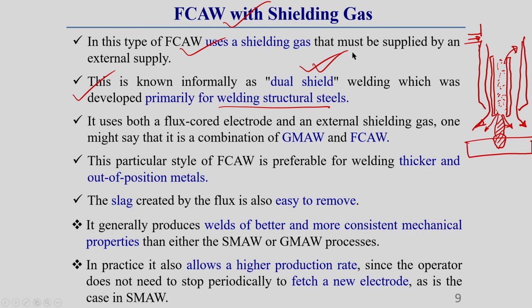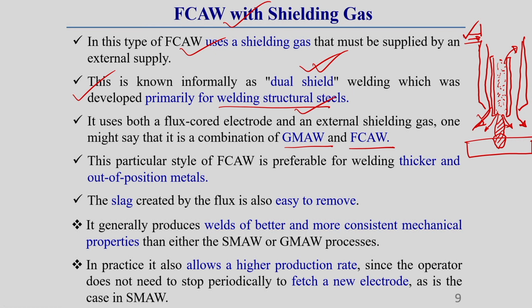What are these two different gases? One is the additional shielding gas from the cylinder, and another is the gas developed due to burning of the internal ingredients. As additional shielding gas is used, this welding process is sometimes termed a combination of the GMAW process and the flux core arc welding process. It is preferable where a better general shielding medium is required, like for structural steel purposes.